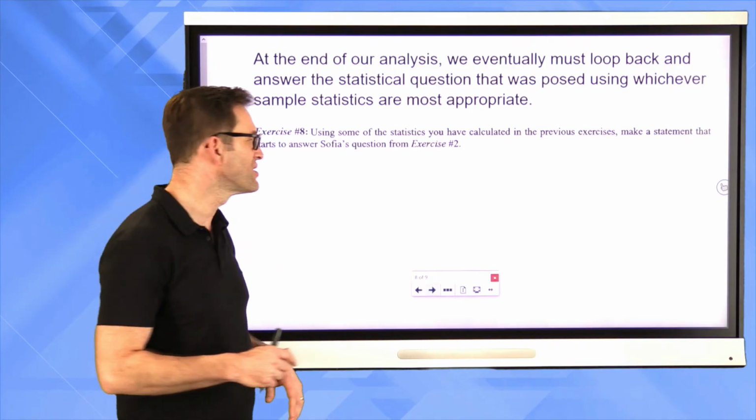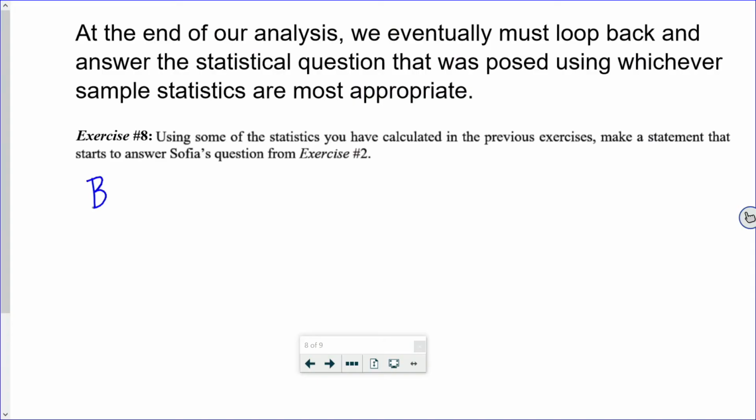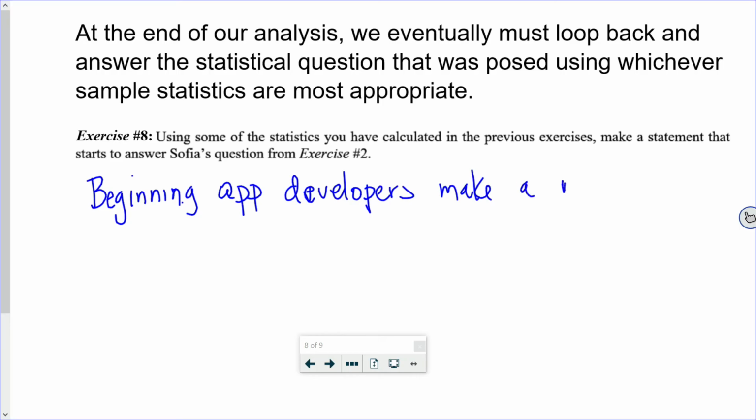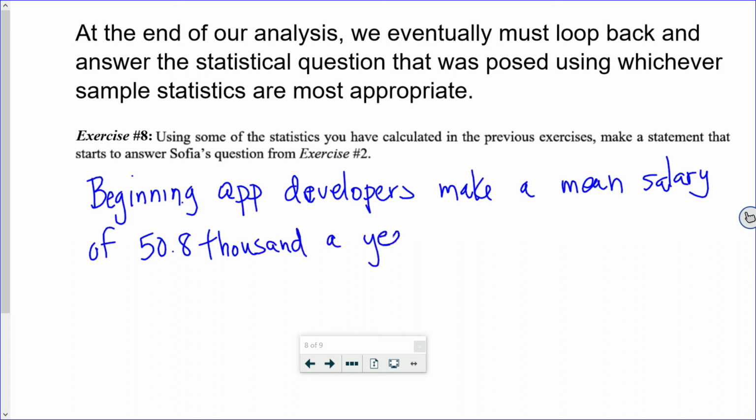One thing we could say is, beginning app developers make a mean salary of $50.8 thousand a year